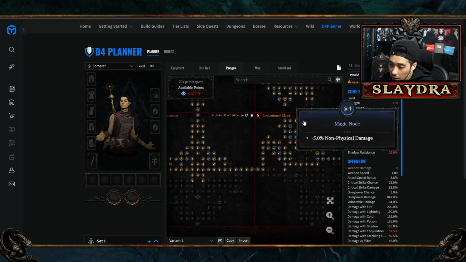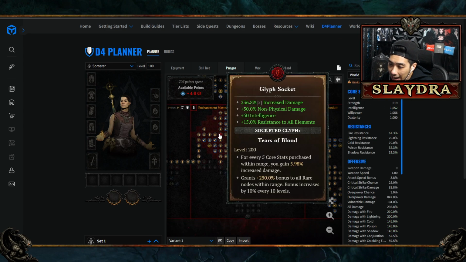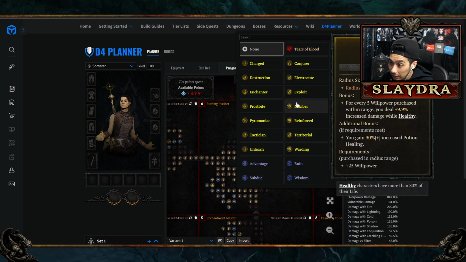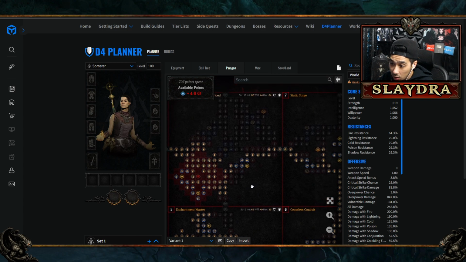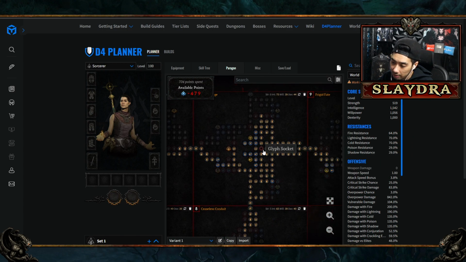And then moving on to the next board, which is the Enchantment Master. This one is going to have 236.8. And then going up to Burning Instinct, we happen to have 248.8. And then we go on to Static Surge, which is actually, again, the best board, but take it again